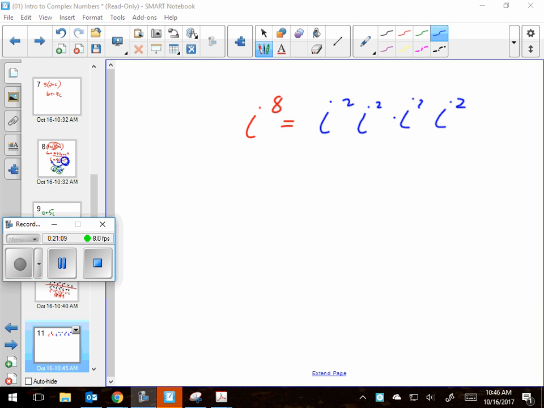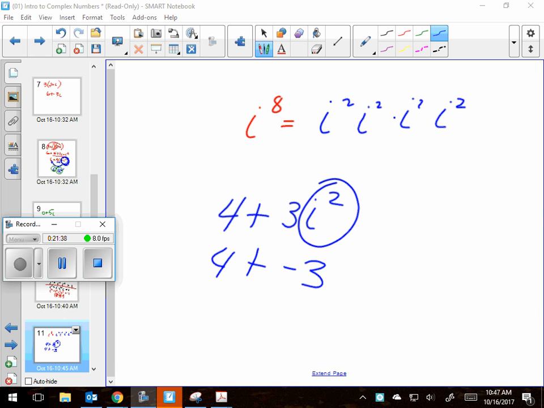So here is, ahead of time, a whole example of all the things we'd expect you to know. If I said 4 plus 3i squared, could you simplify that down to just a nice simple number answer? Good. Because you're basing it on i squared is equal to what? -1. So then that's 4 plus 3 times -1, and that would make 4 plus -3, and then that would make 1.